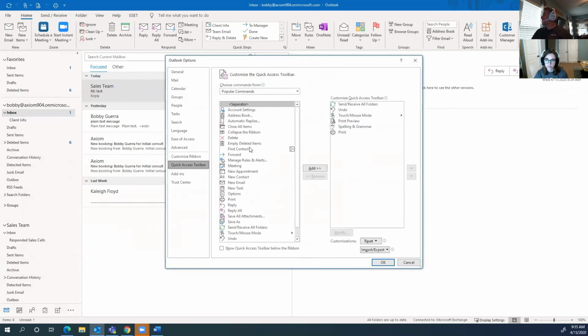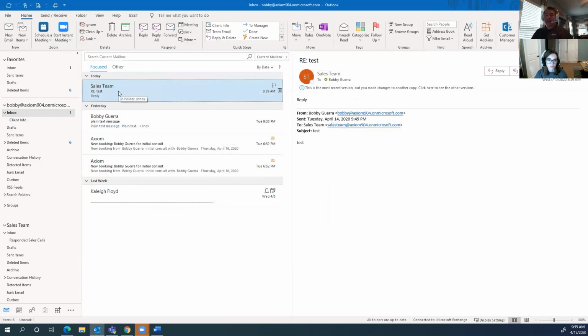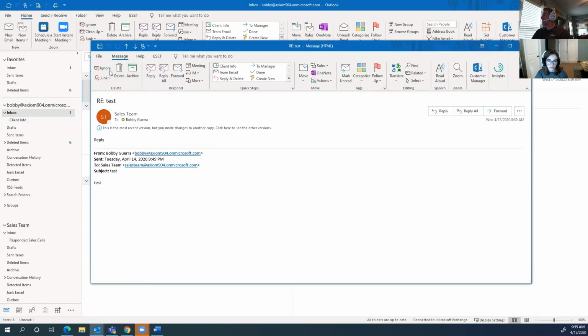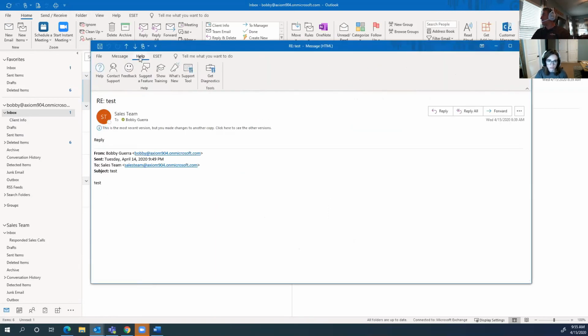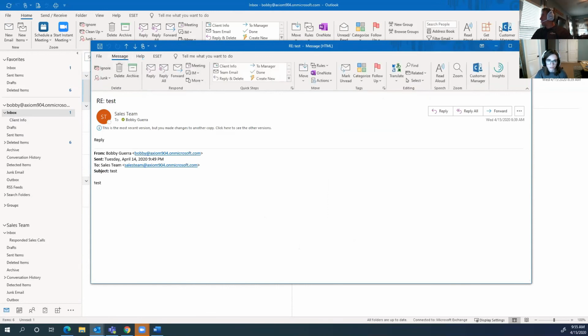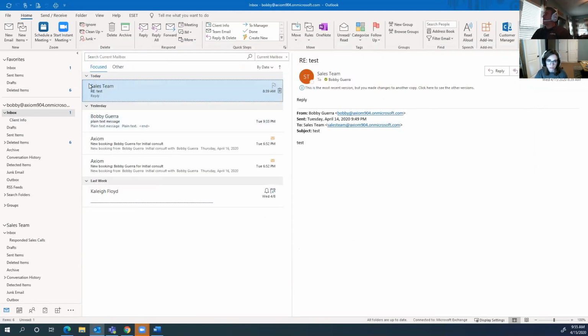There are all kinds of little good ones, like you could have a new message, you could have a new task, print, and spell check is another one that's pretty commonly added. So see right here, you can add spell check. So instead of waiting to go up here with an email, actually you want to do a new email, but if you had a new email, you could do a spell check.